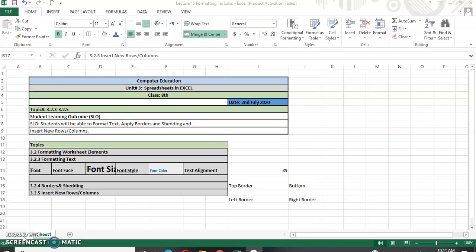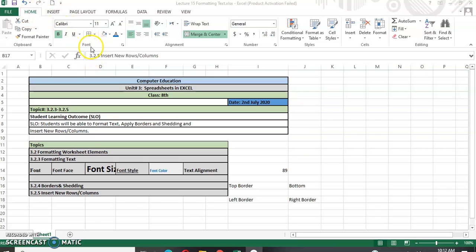So today we are going to complete the topic which we started in the previous lecture, that is the subtopic of formatting worksheet elements and formatting text. In formatting text we have discussed the font setting and the borders and shading, which are options present in the font group of the Home tab.